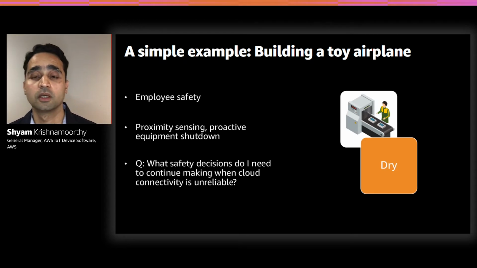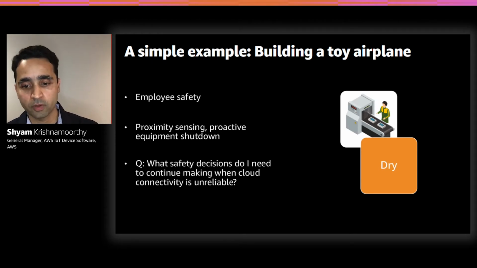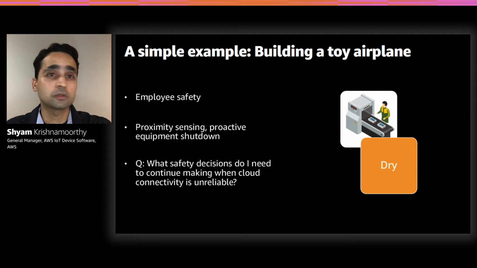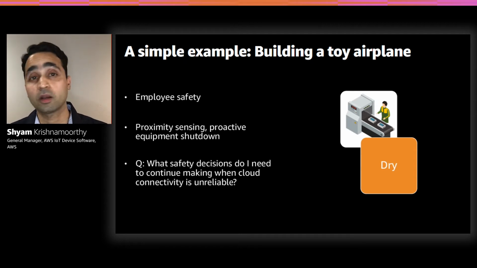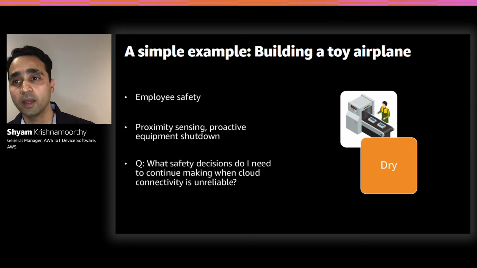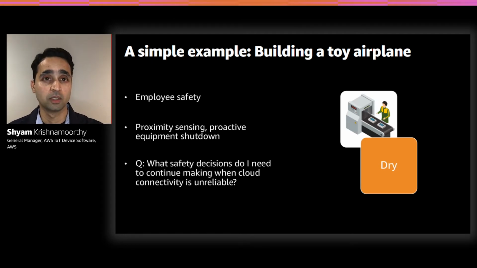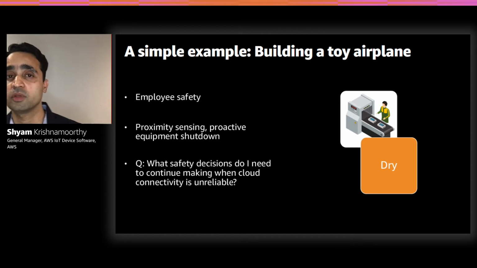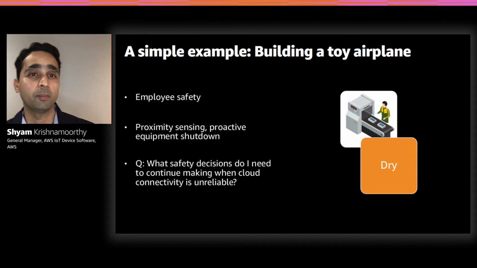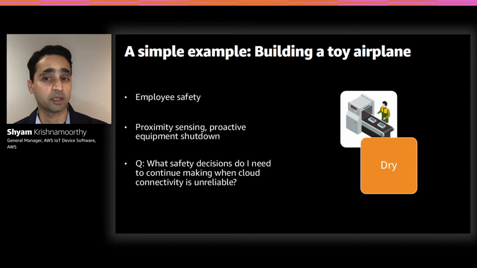Proximity sensors, infrared sensors, and other techniques, cameras as well, to give localized warnings saying, hey, you're too close, maybe you want to move away, maybe automatically shut down that equipment, and maybe even make longer term decisions saying, okay, maybe my actual placement of equipment in the factory can be optimized based on how employees are walking around and if they're getting too close to some of